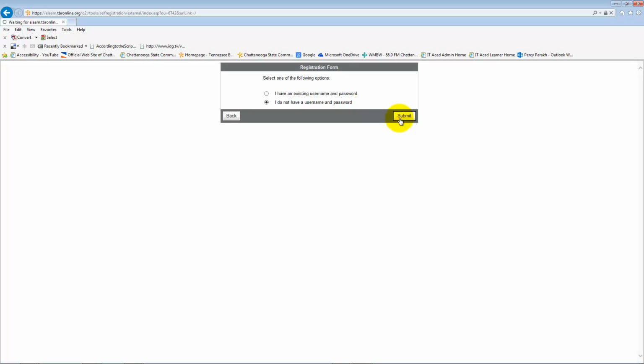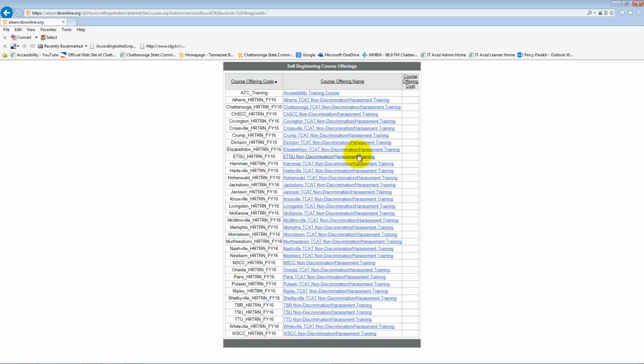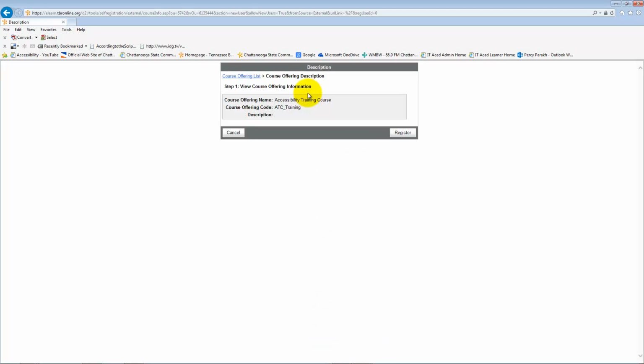And when you click on submit, here's a list of all the courses offered by TBR. But the main one we're interested in is the very first one, accessibility training course. So I'm going to click on accessibility training course, all right? And this is how it comes up with the description. And all you have to do is click on this button and say register